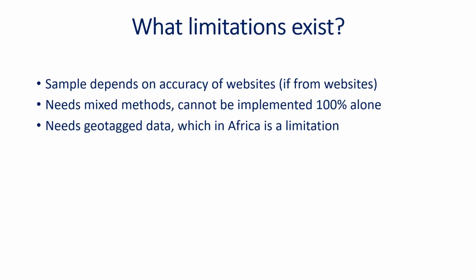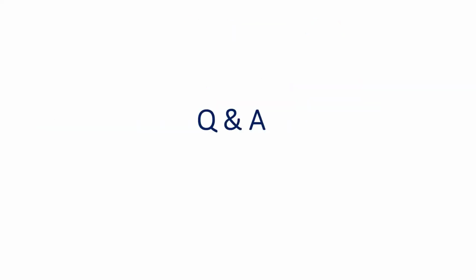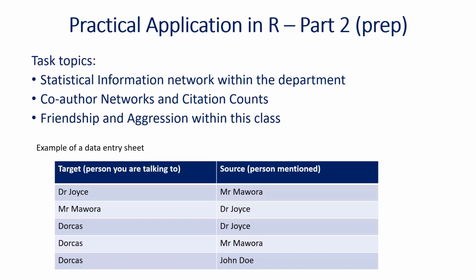I hope we are going to be together in part 2 so that we see how we are going to use this social network analysis. And I'm going to give you 3 topics. Mr. Maora, if you allow me, whoever is interested can choose one of the 3 topics, which one they want to do, and then we can collect some data on it that we are going to use in part 2. And that is why I requested if we can have a month between now and part 2, so that people will have collected enough information or data that is good enough to perform analysis.